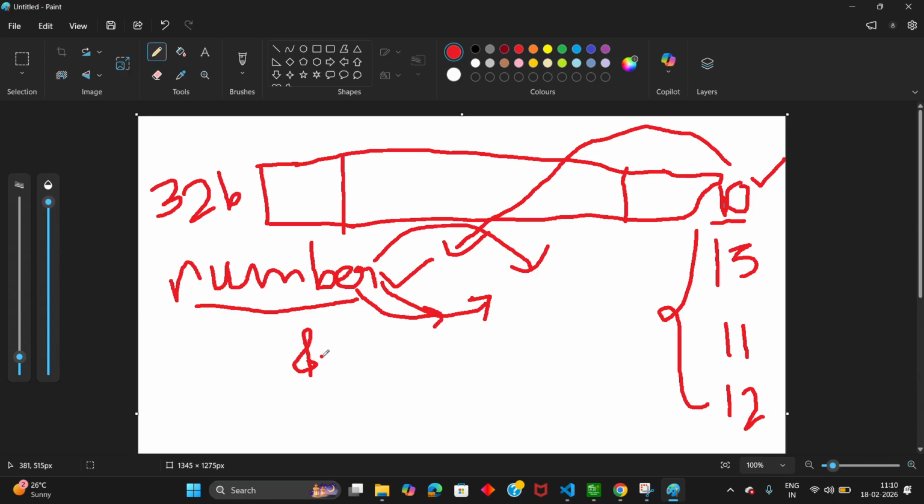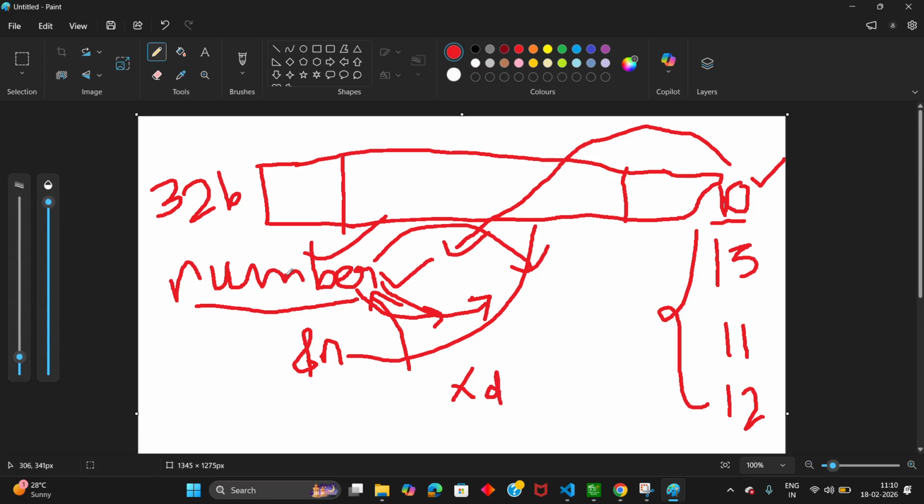So what we are going to do is, before this particular variable number, we are going to use the ampersand symbol, which indicates the location where this particular number is going to be stored. Whenever you use the scanf function, you use %d. Why?